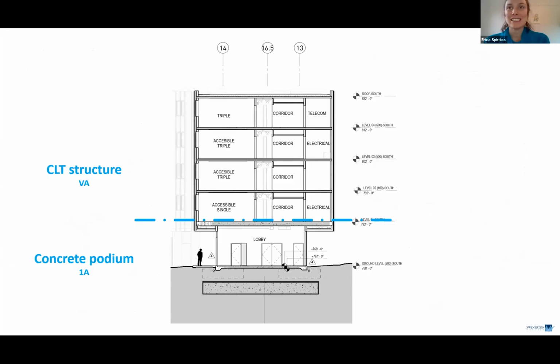So as you can see in this diagram, we've got a type 5A 1-hour rated structure over a concrete podium. You might ask why we might choose to use CLT decks instead of a typical I-joist assembly. The real value is in the aesthetic of having an exposed CLT ceiling, and that was the architectural intent for this project. There are some other benefits associated with the CLT floor system, reduced thickness of that floor assembly, leading